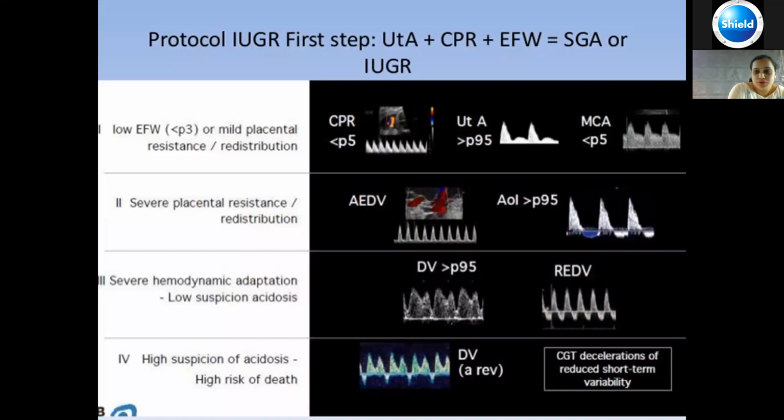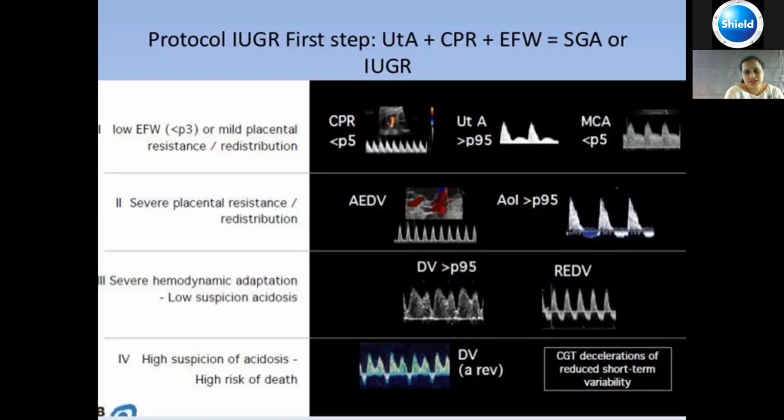The protocols we usually see combine the uterine artery, cerebroplacental ratio and estimated fetal weight; all 3 can be taken into consideration. From the mild to the severe, they are usually predicted as mild, moderate and severe. In the mild changes, CPR is less than the 5th percentile, uterine artery resistance is increasing, and MCA-PI is falling. We need to monitor the babies accordingly. We'll come to the flow chart of what to do next if we see the changes. And what about severe placental restriction?